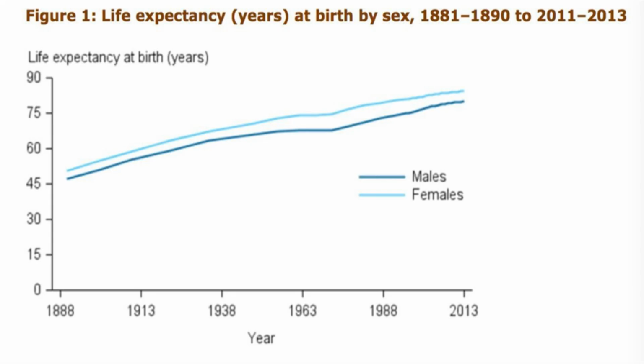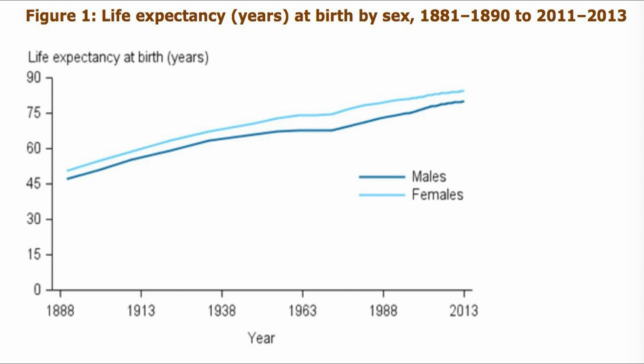The following picture gives information about life expectancy at birth by sex. The items include years, males, and females. The horizontal axis is the year, ranging from 1888 to 2013. According to this picture, in 1888, the value of males is around 45, and that of the females is higher,